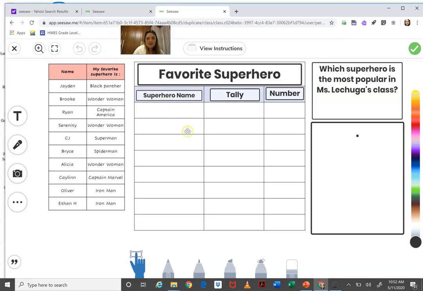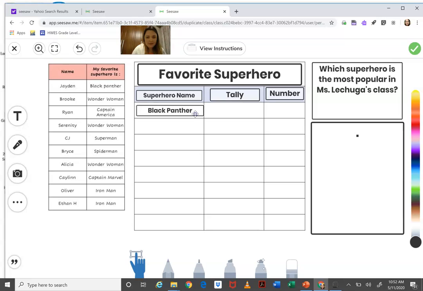Okay? So here I have 3 columns. We are going to type all of the different superheroes right where it says superhero name, and you only need to write it once, okay? This is just all of the information that was gathered, okay? So the first thing, I'm going to use the T. It gives me the box, and the first character that I see is Black Panther. So I'm going to write Black Panther, and remember to click out,